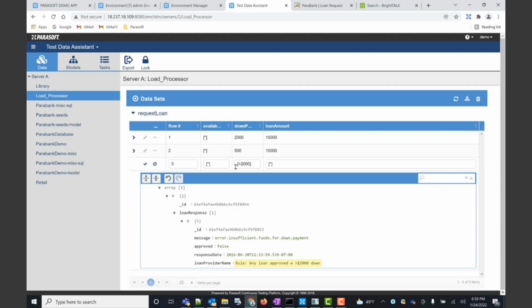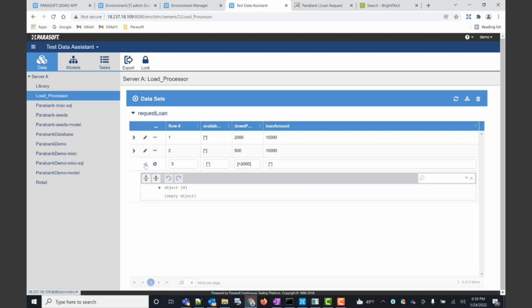Here we're changing from a data value of, say, 500 or 2000 to a range of values, anything greater than 2000. And here I can say the loan can be anything, square brackets with a star between them, with an asterisk. And then we want to say that that is true. And so now I can just save that.